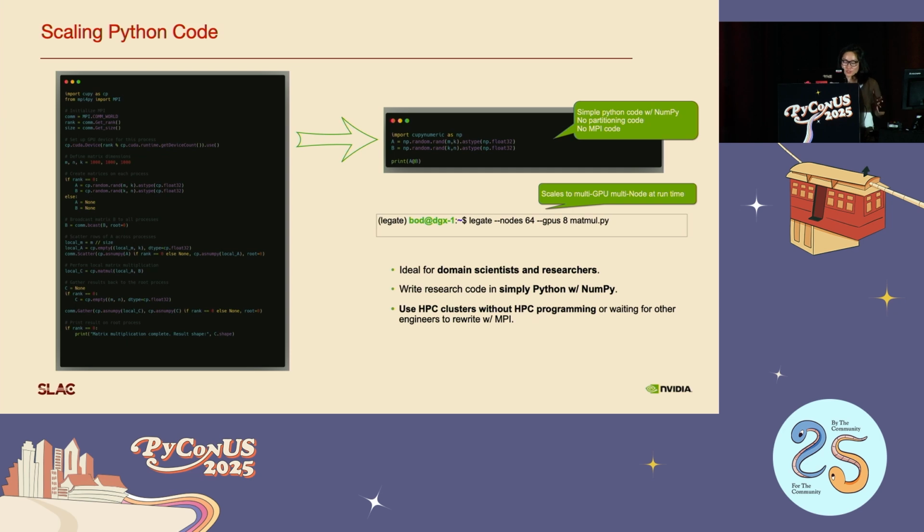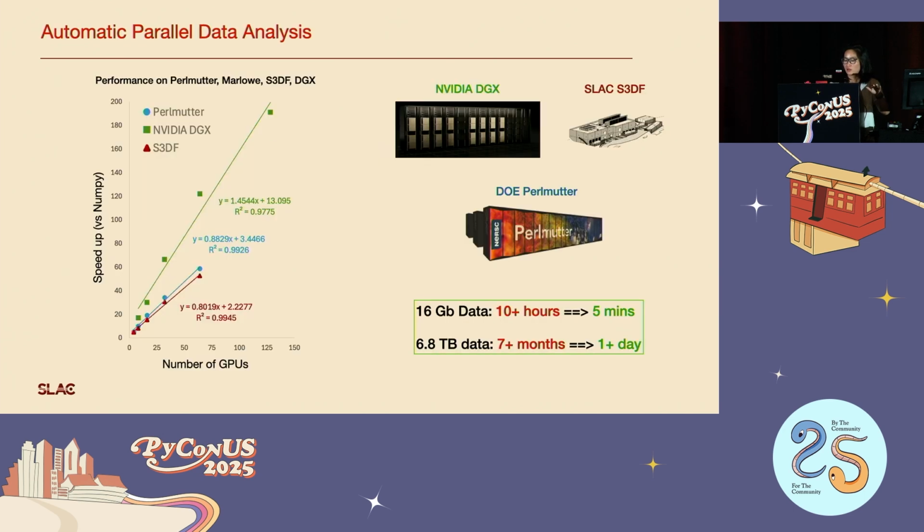And this tool is extremely useful because it allows many scientists and engineers at different levels to code and run on supercomputers and not just computer scientists. And what we have done is we have built cuPyNumeric on a number of different supercomputers, including internal NVIDIA, 2 DOE supercomputers, and SLAC and Stanford